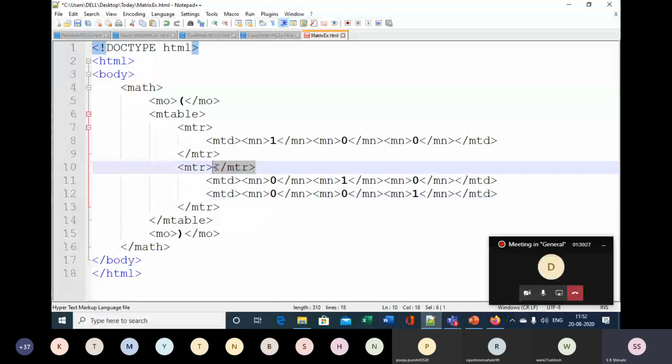So this is the new row, and here we will start another row. So likewise, the three rows we have inserted, that is correct. Okay. Now save it and just see the output. So it is just giving the bracket to only this part.